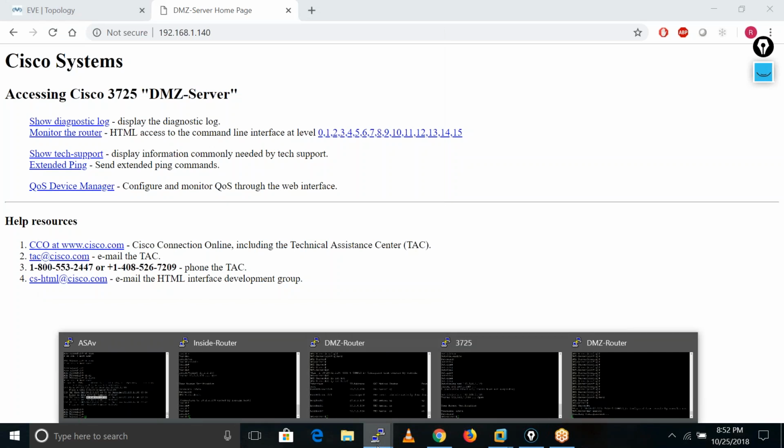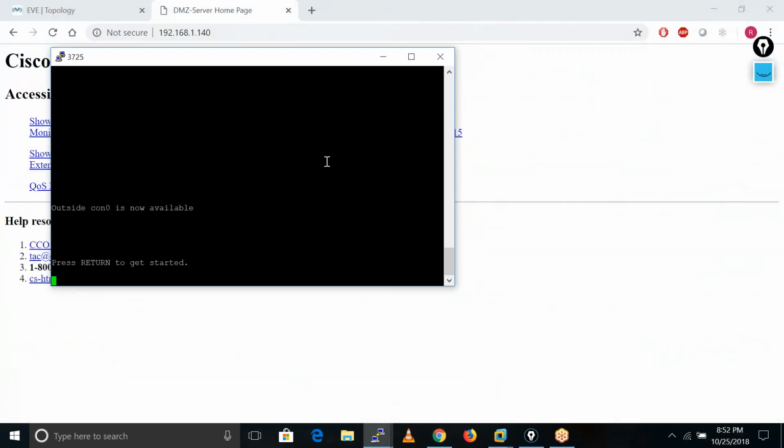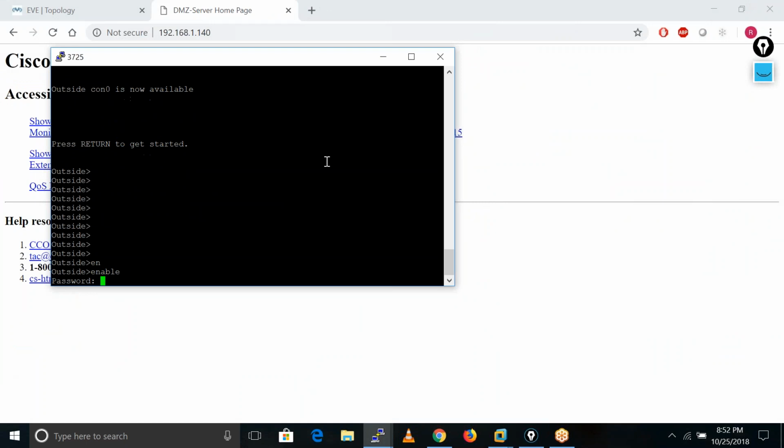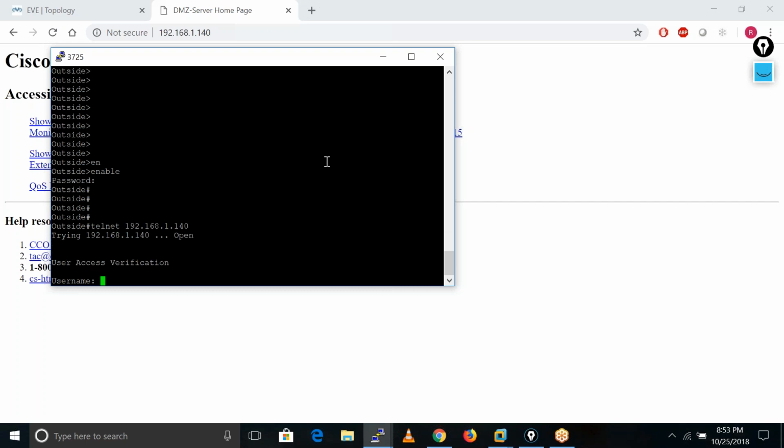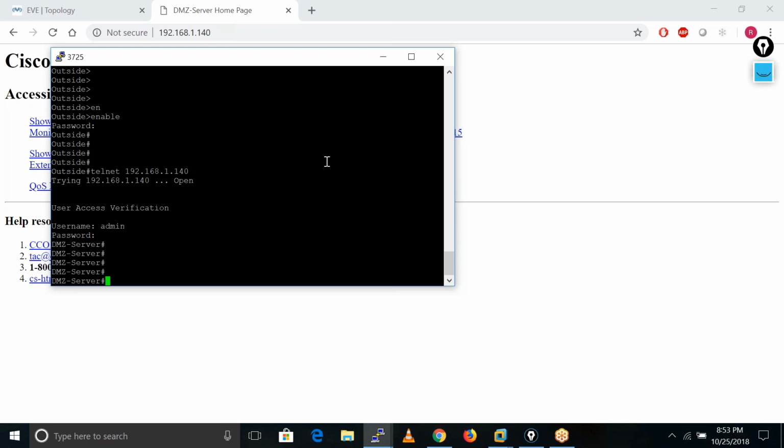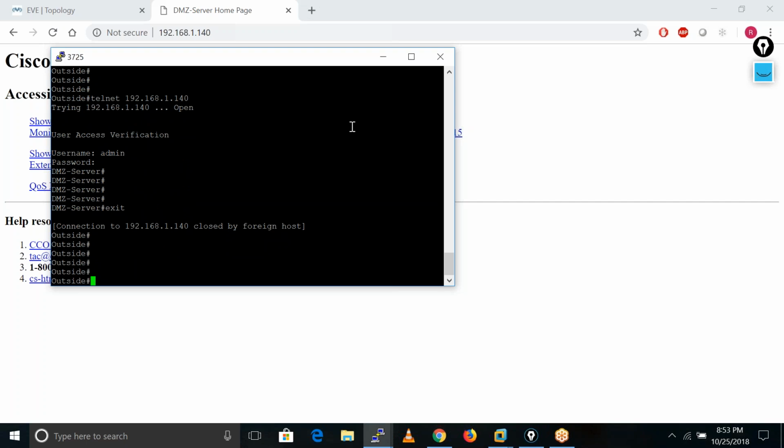And if I go to my outside here, and if I try to telnet on 192.168.1.140, I'll get the access of my DMZ server. Okay, so this is the way how we can configure the static PAT.